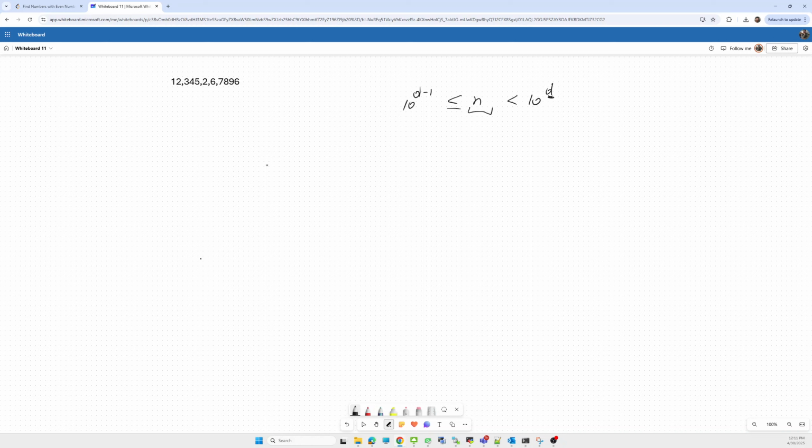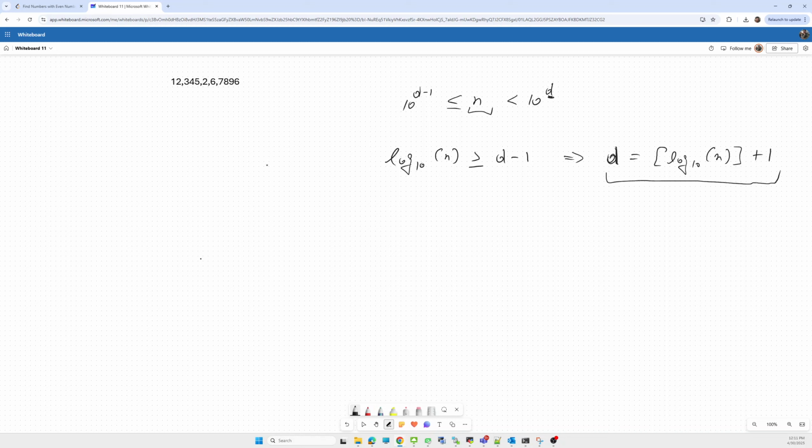So how can we calculate this number of digits? For calculating this we can use logarithms. We take log base 10 of this number n, and it should be greater than or equal to d minus 1. So we can modify the calculation of d digits this way: d will equal the floor of log base 10 of n, plus 1. So this will be our equation.